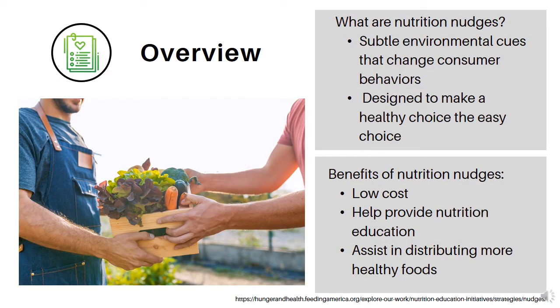First, what is a nutrition nudge? A nudge is a subtle environmental cue that can change consumer behavior. The purpose of a nudge is to make the healthy choice the easiest choice. Benefits of nutrition nudges include low cost, they help provide nutrition education to clients, and they assist in distributing more